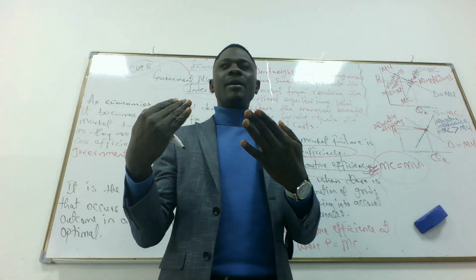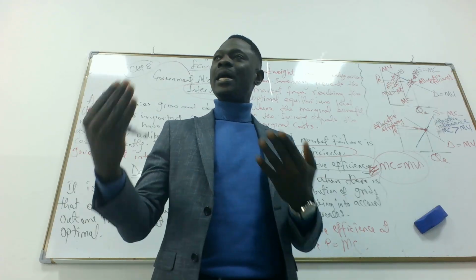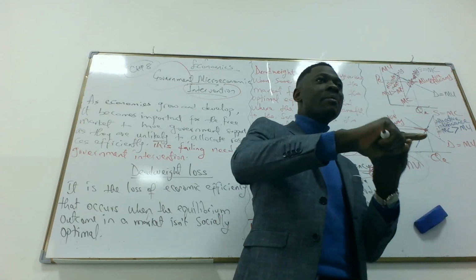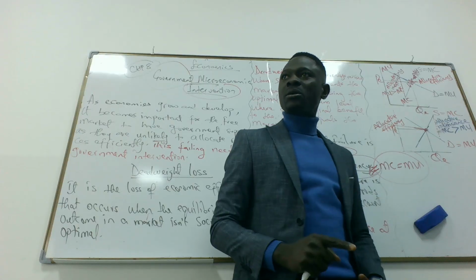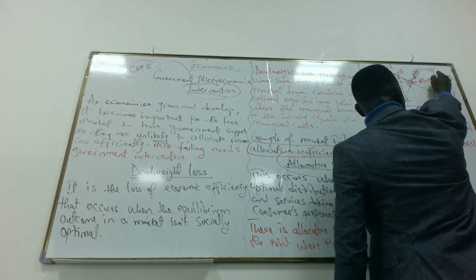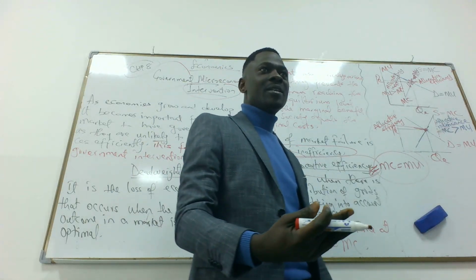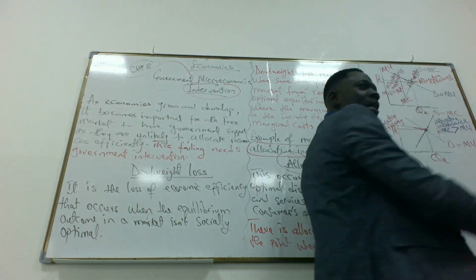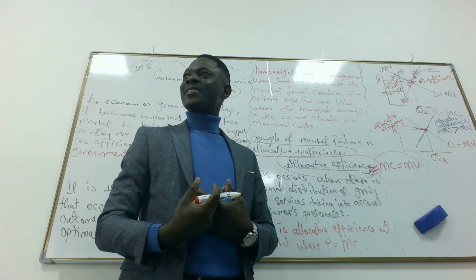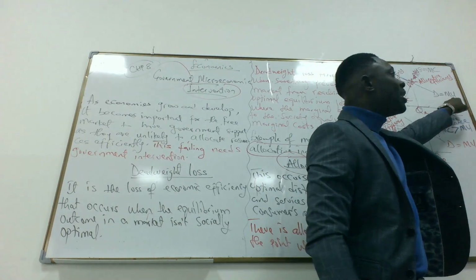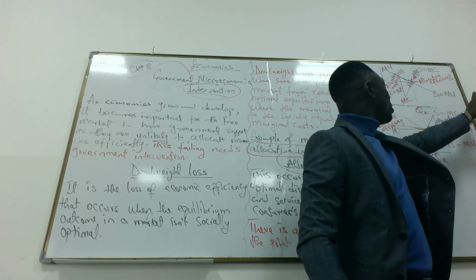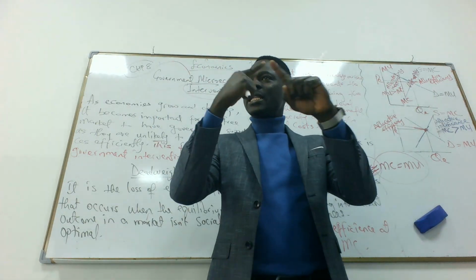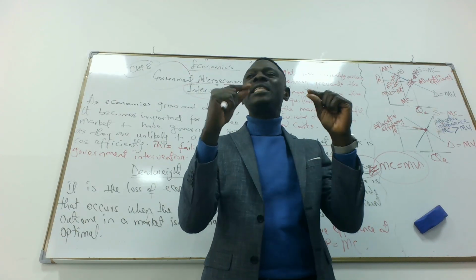So how do we illustrate this with a diagram? We can illustrate this by preparing an allocative efficiency diagram, where we have demand and supply, marginal utility and marginal cost. Supply is marginal cost because we have to produce as firms. What we incur is cost. Consumers need to demand, and what do they need? Satisfaction. Do you get the point here? Yes. There's utility and there's cost. Cost for supply, utility for demand. So when your MC intersects with your MU, it is allocative efficiency.